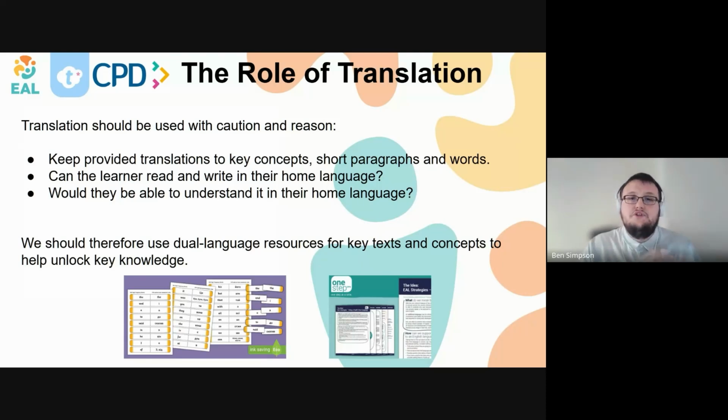So instead, we should focus on scaffolded approaches. We have some excellent ideas regarding when to use home languages in the classroom. On this slide on the right there, there's a document that you can have a read through to learn when we should be using translations. And on the left, we have an example of high frequency words, which has been translated into Ukrainian with English on the side that may help a younger learner to pick up vocabulary faster. But let's have a look at these scaffolded approaches, things that we use instead of translation.